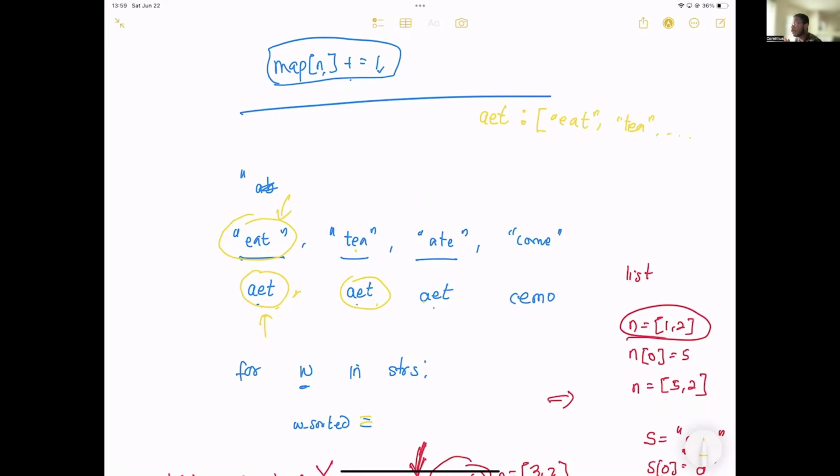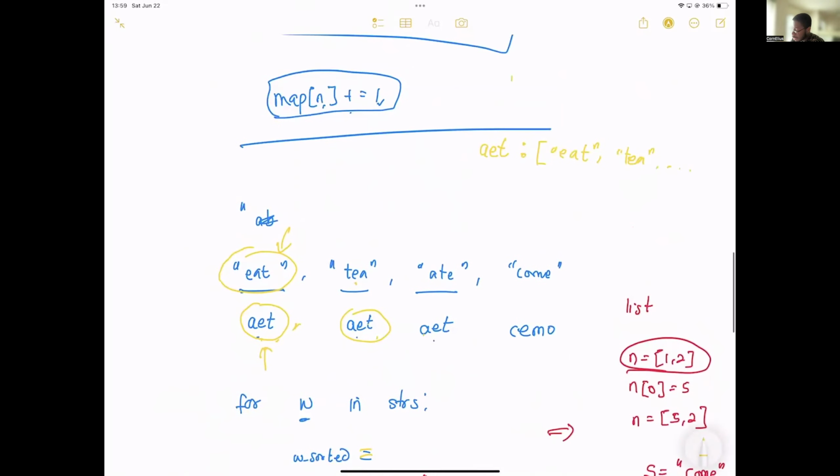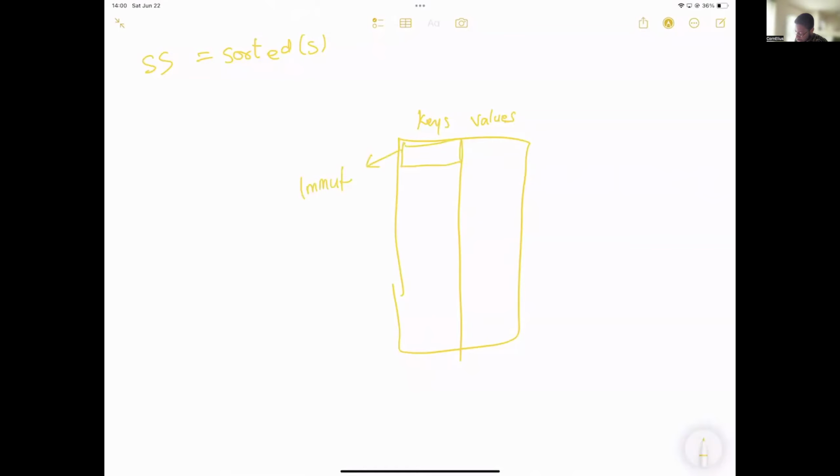The next bullet point I'm going to give you, some of you probably already know it. The type of a key in a dictionary cannot be a mutable type. What do I mean? This is my dictionary. If I have a dictionary like this, these are the keys and these are the values. The only things that you can use as keys here have to be immutable. You see, that word is still coming up. That means that you cannot change it. For example, you cannot use a list. If you don't believe me, try it and see. You can't use a list as a key because a list is mutable and it cannot be hashed.